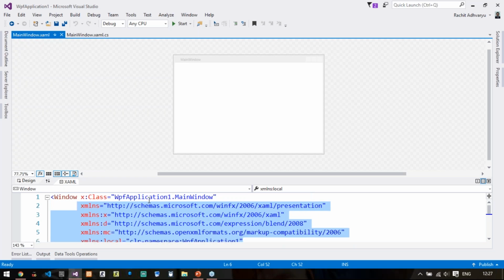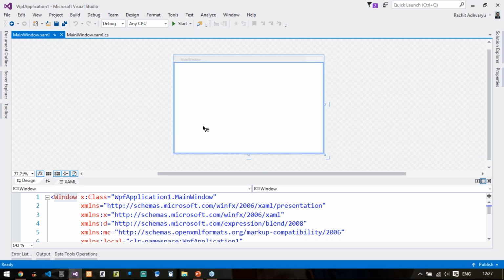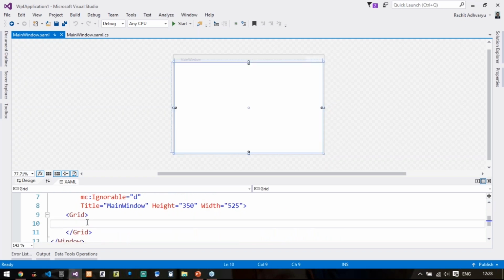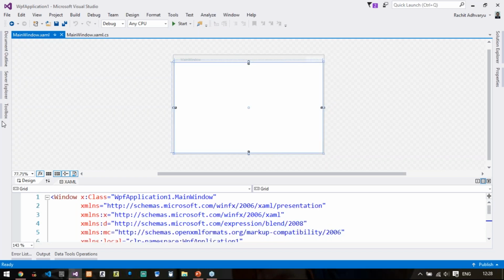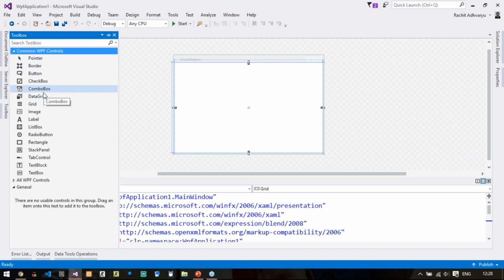Now, the difference between Windows Form and this WPF is that in Windows Form we get one form, but here we get one main window. And in that we had the design part. Here it is a XAML and XAML.cs file. So if you want, you can go directly here, or you can just drag and drop controls from the toolbox. So this is the toolbox: the same button, checkbox, combo box, label, radio buttons, text box, all this.